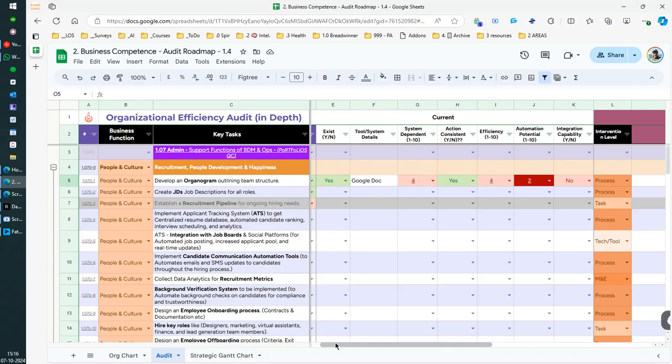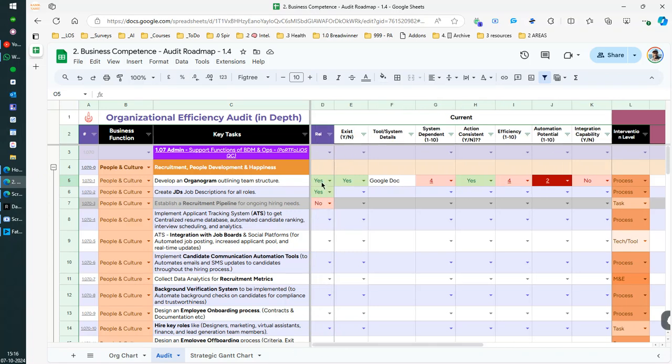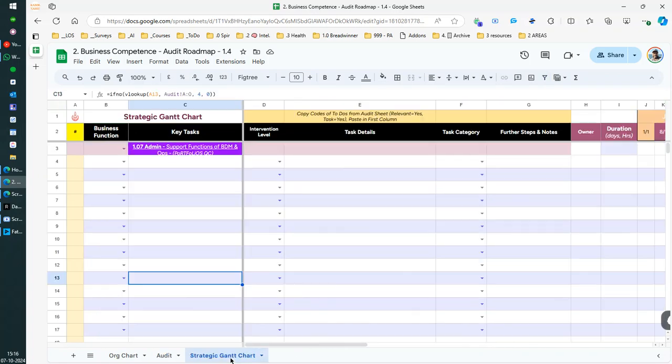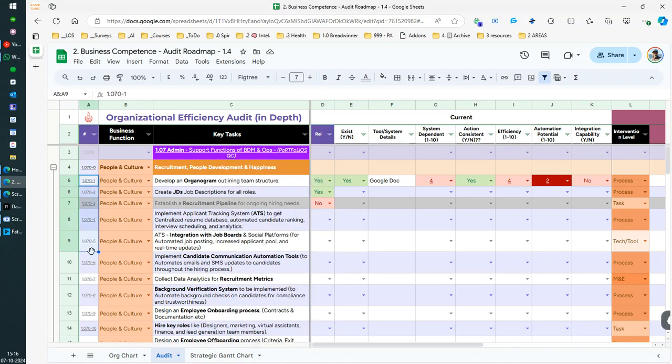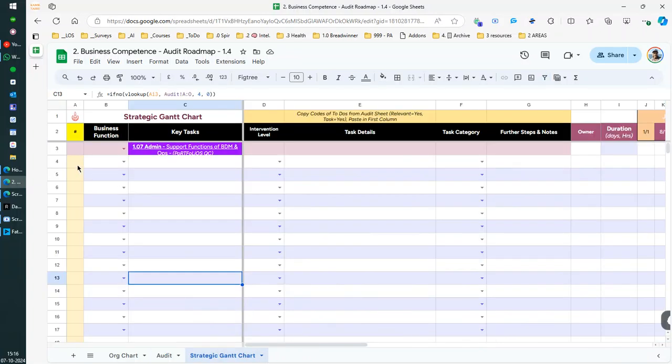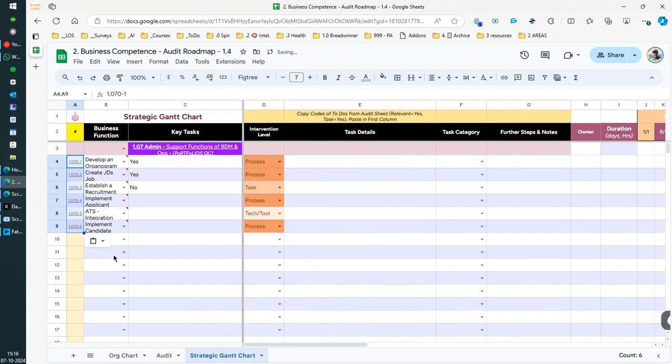Once this is done, whatever the relevancy is here, that would automatically go into this strategic Gantt chart. Once this is done, we'll simply apply a filter over here, and we'll simply copy these numbers. So for example, these five things we think need to be done in the strategic Gantt chart, we'll simply copy and paste them right here. So we'll get the